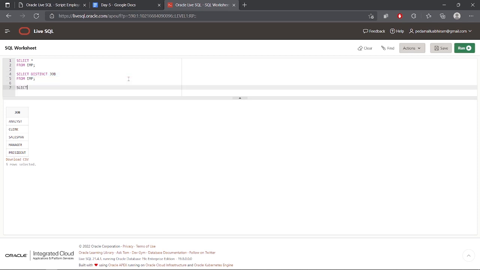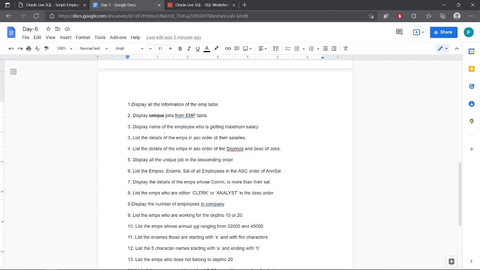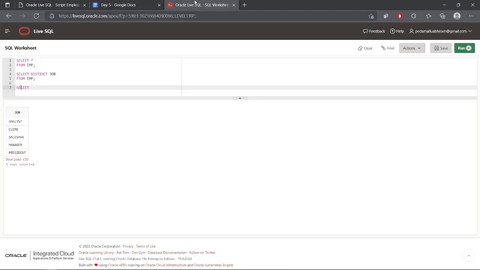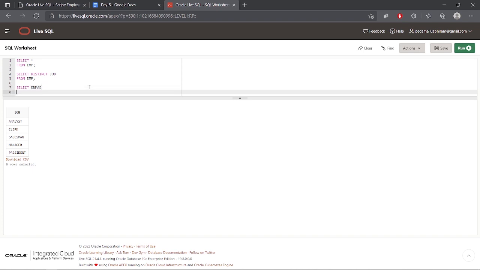Select. Now I want the employee name here. See, I guess the name of the employee should be written. So the name of the employee, the column name, is ename. So select ename from EMP where salary equal to